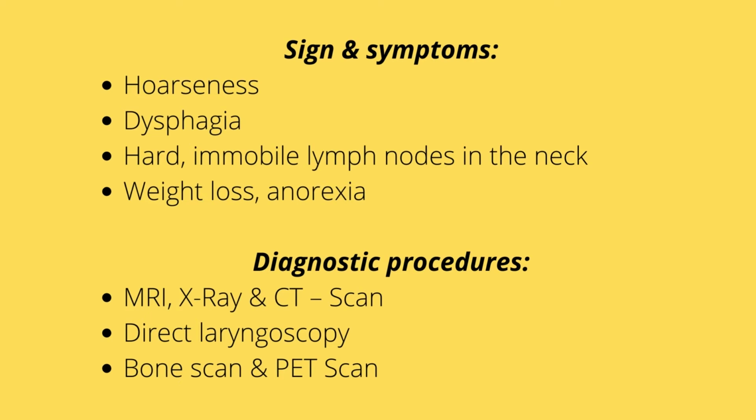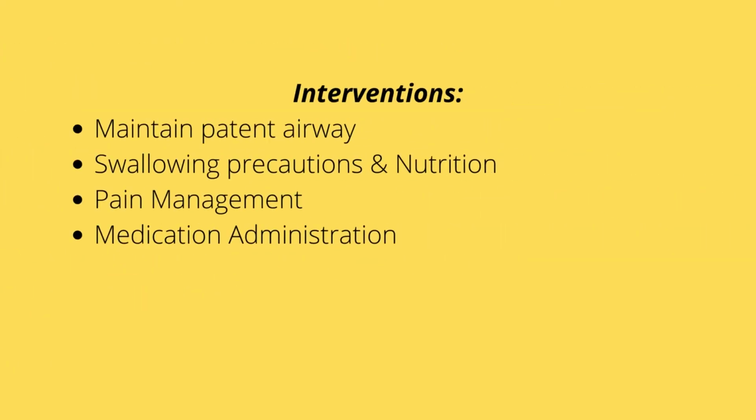We can also do a bone scan and positron emission tomography, which is a PET scan. What are our interventions? With this patient, we always maintain, it's in the larynx, it's the airway. We maintain a patent airway. We always have the swallowing and nutrition precautions because they can't swallow well. We need to watch for respiration and maybe we'll need to tweak the nutrition because it could be an issue